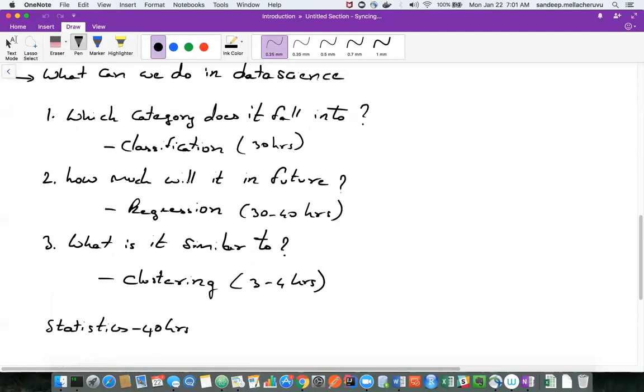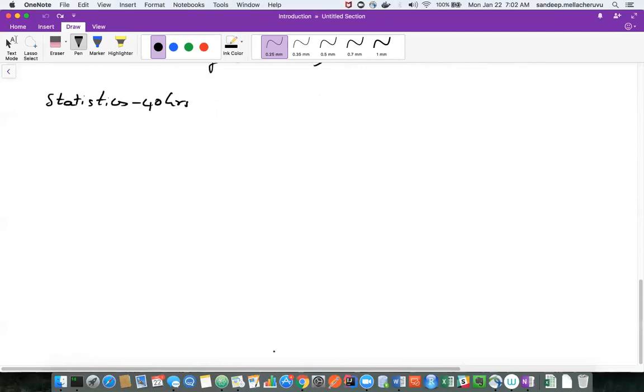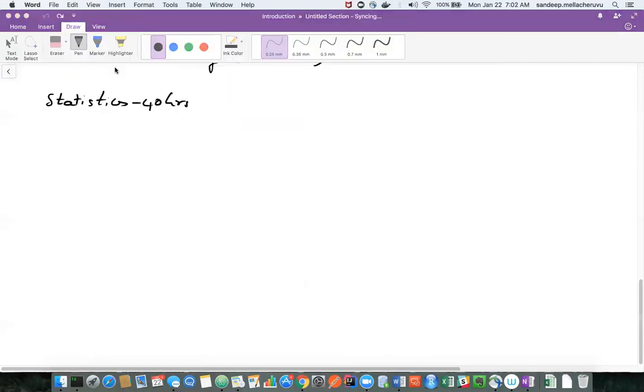Okay. So let me show the syllabus. So this is what you are going to do in major part. But for all these things, you need statistics. At least half of the regression needs, 90% of the regression needs statistics. Around let's say 30 to 40% of classification needs statistics. Clustering doesn't need statistics. So statistics is going to be your backbone for this entire course. So we'll be starting everything on statistics, then we'll go further into other machine learning techniques.